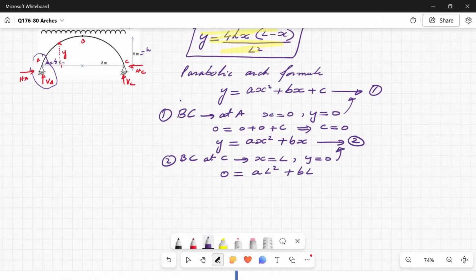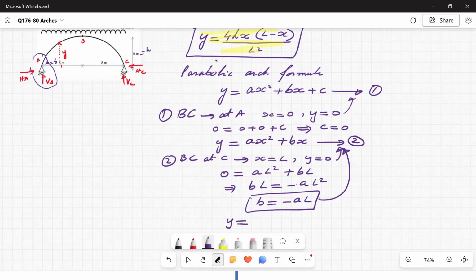If you wanted the value of b, I can write this as bL is equal to minus aL square. One a will get cancelled, so b will be equal to minus aL. And if I put this value of b back into equation 2, then it will give me y is equal to ax square plus, instead of b, I'm writing